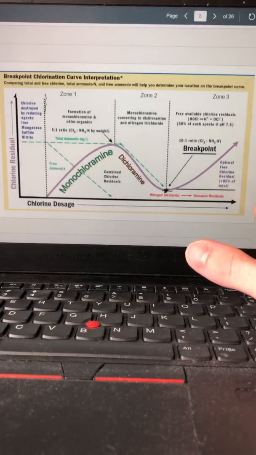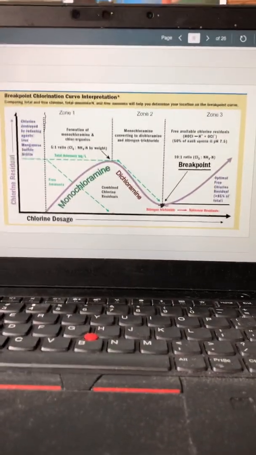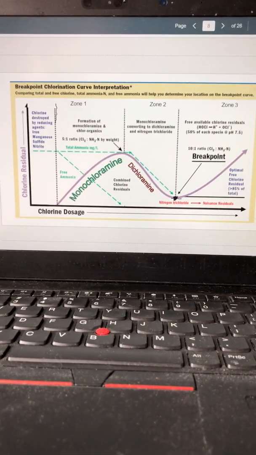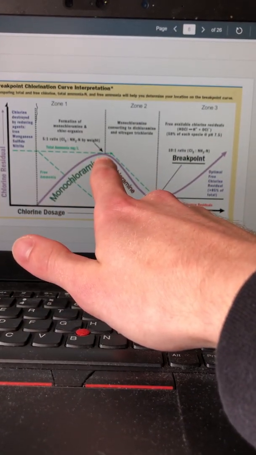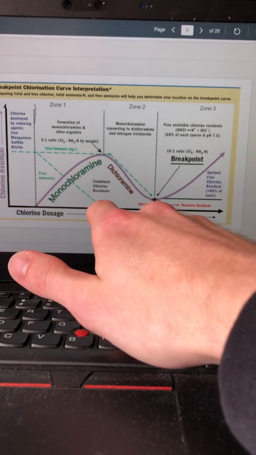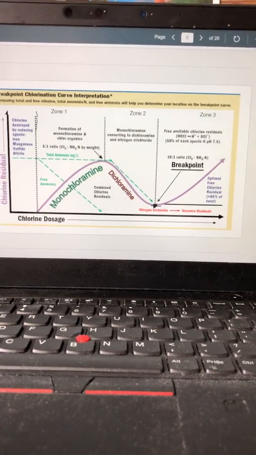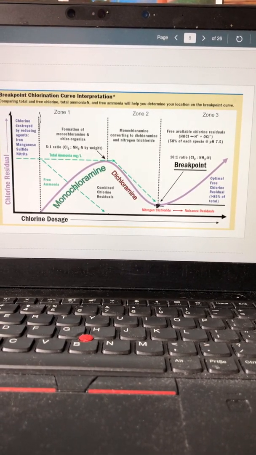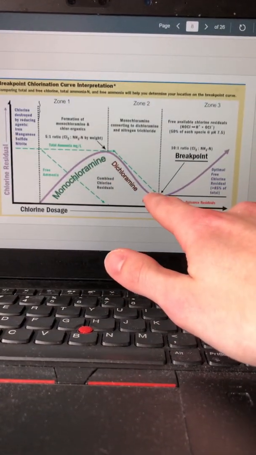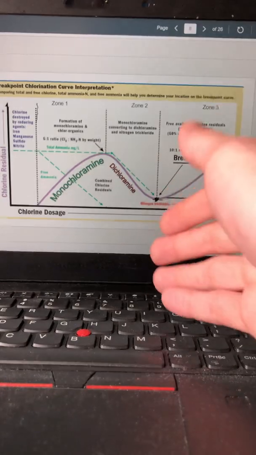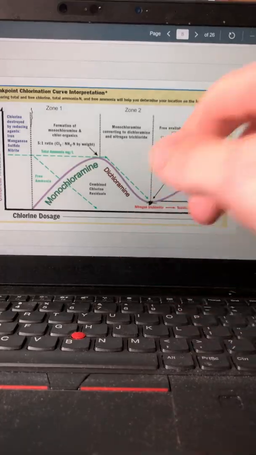So you're adding chlorine along the whole x-axis, and at this point the chlorine is destroyed by the heavy metals, including iron and manganese. And then here the chlorine dosage starts increasing, but in zone 1 it's combining with ammonia and nitrogen to form monochloramines, and then in zone 2 it's forming dichloramines, and then it can eventually get to trichloramines. So then right here at the breakpoint,